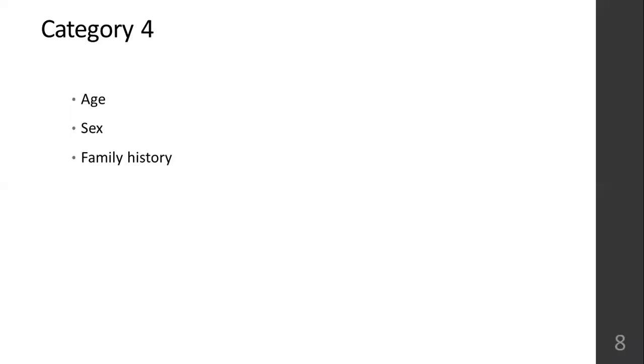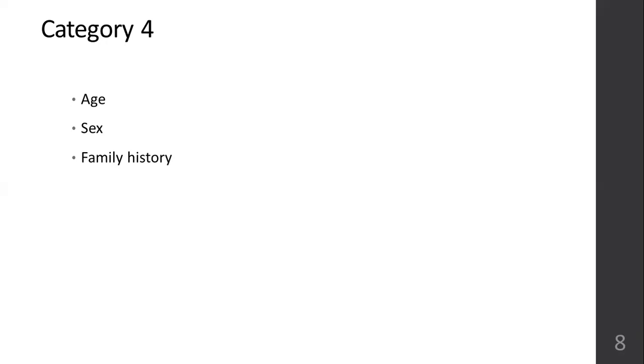Category 4, again, risk factors that are not modifiable. You cannot change this. Age, you cannot change your age. Risk of developing heart diseases is at the peak when you are between your 50s and 55. When you have crossed 50 years of age, anyone who has crossed 50 years of age, your risk is at the peak of developing a cardiovascular disease. You cannot change your age. You cannot stop this risk.